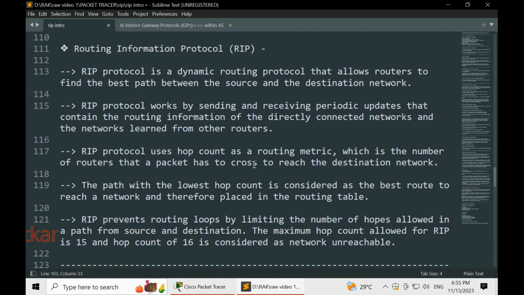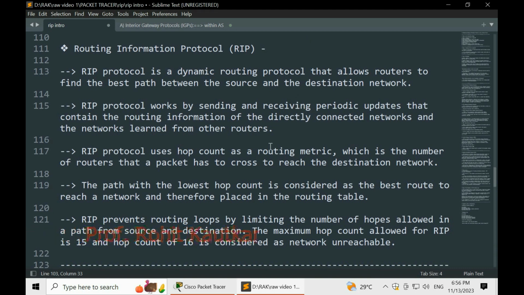So in RIP, the path that has the lowest hop count will be considered the best path for transmitting packets between the source and destination. Whichever path it finds with the lowest hop count, it will simply record in its routing table or routing table database.